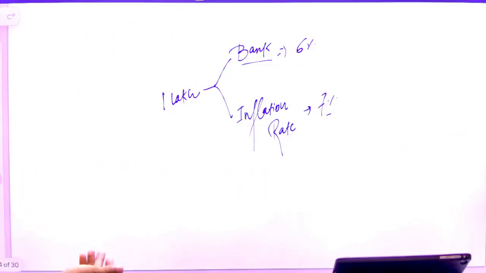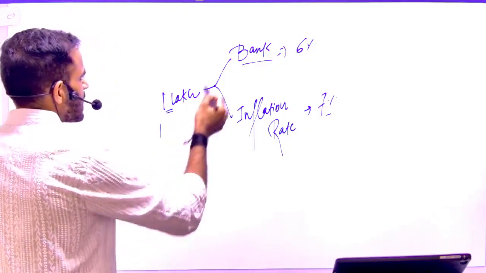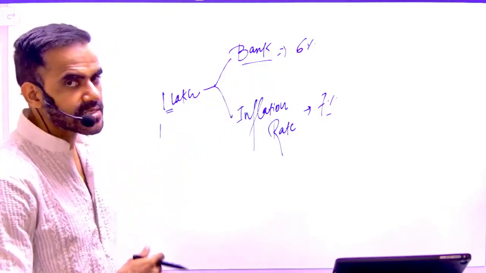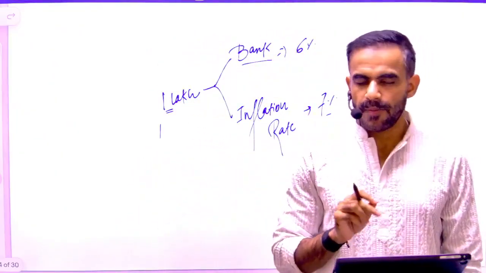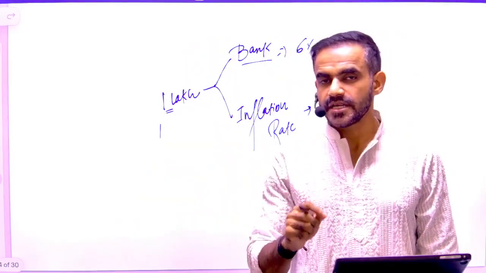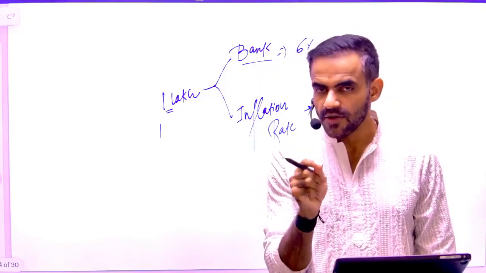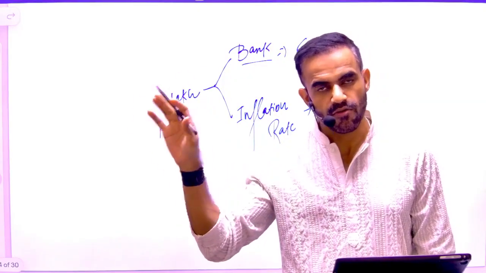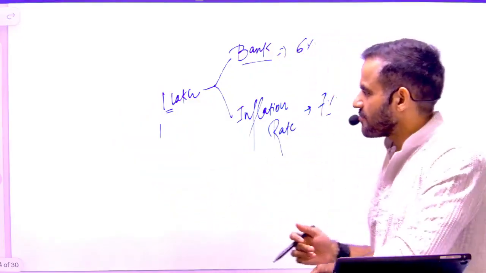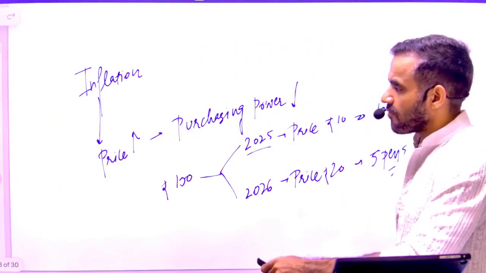In this case, please understand one thing. Your money will grow, because you are getting interest. If you deposit 1 lakh rupee, you will get an interest of 6,000 rupee. So the money is now 1,06,000 rupee. But the problem is inflation is growing faster than the interest rate. Therefore, the ability of this 1,06,000 will be lesser than the ability of 1 lakh rupee. That's why we often say that inflation reduces the purchasing power of money.